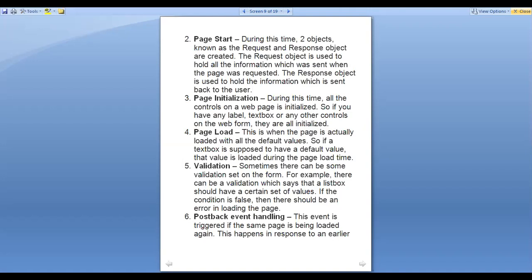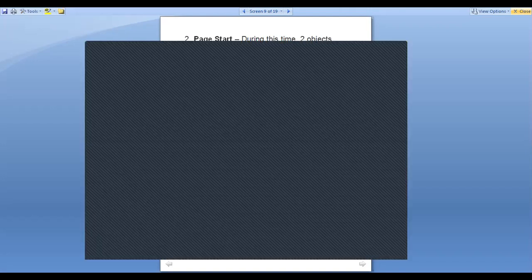So a simple request and response information can be held with the help of these request and response objects. But for that purpose, obviously these objects must be created, and those objects are created with the help of the page start stage.